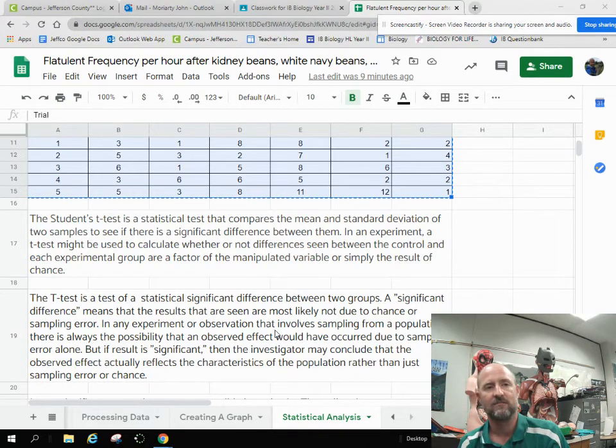The chance of that happening would be pretty low, that it was due to just random chance, probably less than 5%. And if it's less than 5% chance that it happened due to chance, then we would say that's significant because chances are that's not the case. But 1 in 20 times that could be the case. So